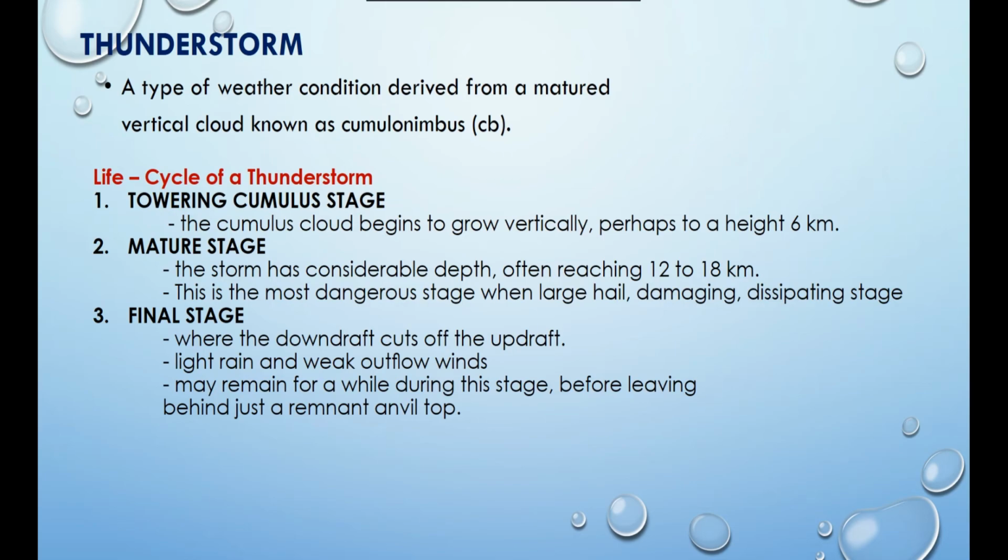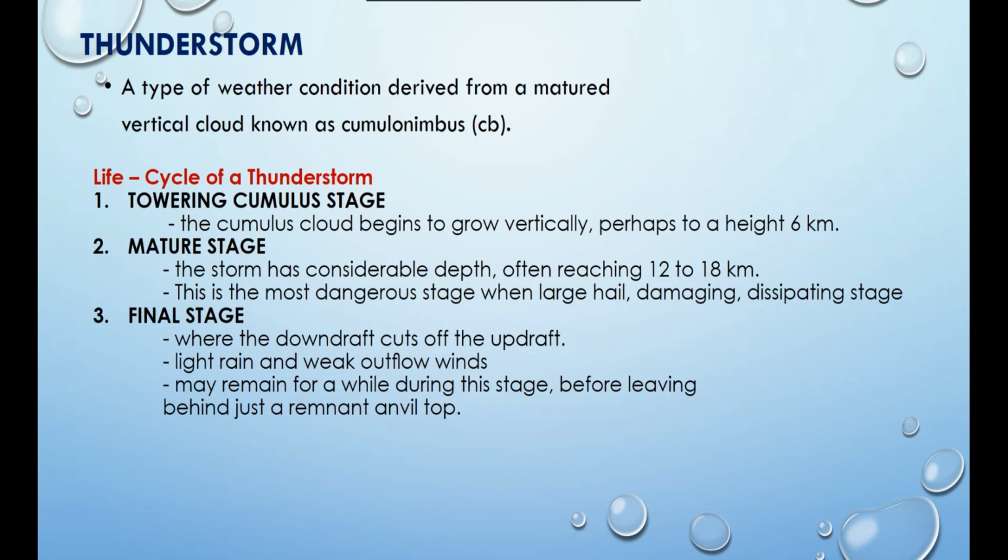This is the most dangerous stage when large hail damaging. And the last one is the dissipating stage, the final stage where the downdraft cuts off the updraft. Light rain and weak outflow winds may remain for a while during this stage before leaving behind just a remnant unbuilt up. So, a thunderstorm is itong epekto ng cumulonimbus cloud, isang klase ng makapal at maitim na ulap that can cause hail or pag-ulan ng yelo, pagkidlat,